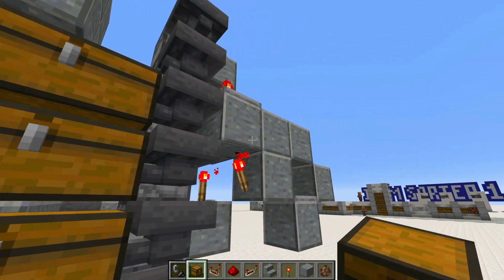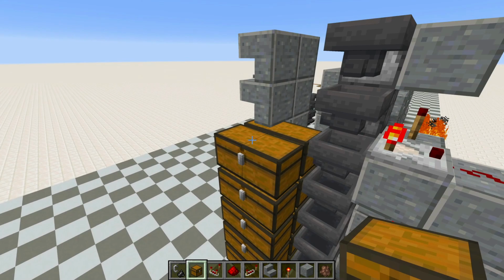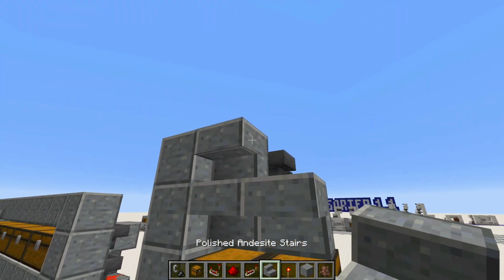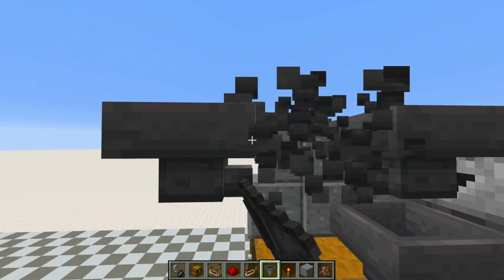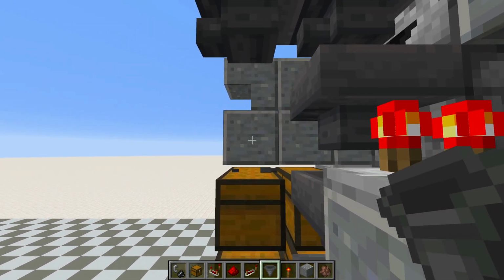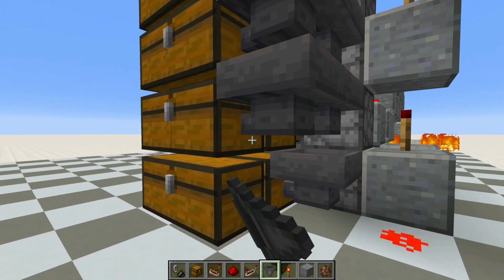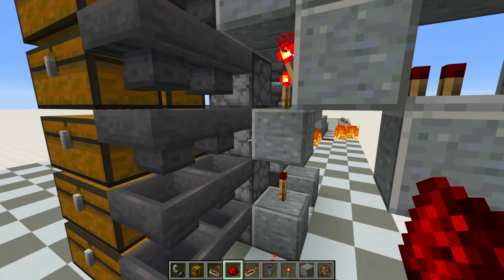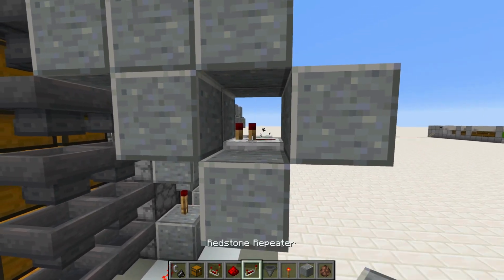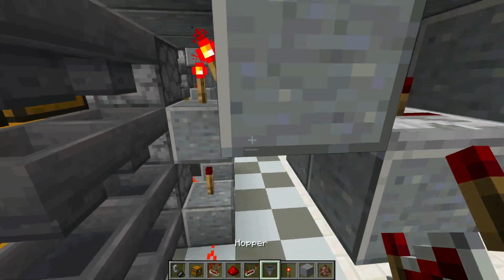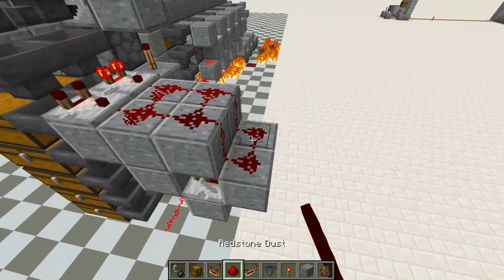So for that, we're just going to mimic this exact layer right here. So it's just going to go our 5 large chests like this, then our 2 stairs on top. Then we're going to take our hoppers, and it's going to be the same sort of thing. The very top one points in this direction, then this one points in that direction, and all these point into their chest. Then we carry our redstone dust like this, we repeat all these blocks, and we build in our redstone inside them. So a repeater like that, a torch like this, a comparator, our 3 redstone, and another thing